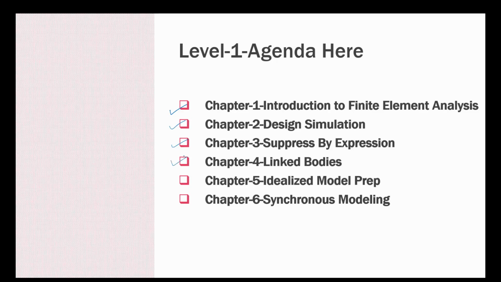We'll look at that in chapter 4, linking bodies, and how you can simplify and idealize your model preparation, which we'll cover in chapter 5. Then we'll look at the powerful features of synchronous modeling in chapter 6. By studying synchronous modeling, we'll see how we can model an imported model that may not have feature-based history, and could have been modeled not in NX but in any other software. Irrespective of that, we'll see how fast we can move, model, and completely configure our changes. Primarily, all that simplification can be done through synchronous modeling.